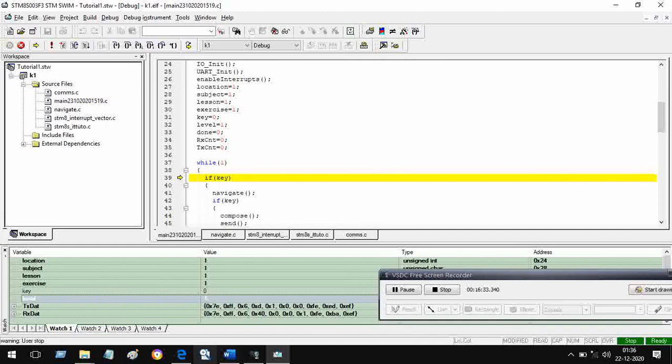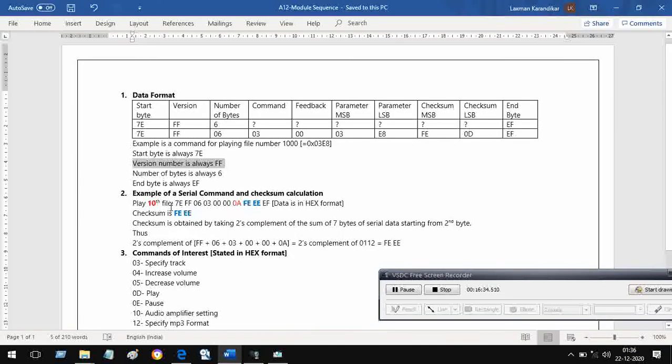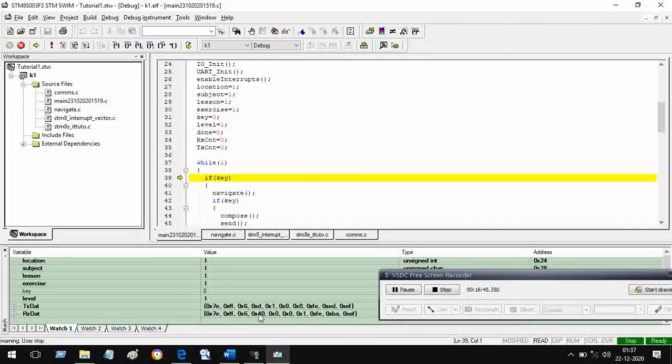Let us check it. Let us go to the data. 0D is play and 0E is pause. And what we have got is 0D. So it is play, and we want a response from the device. Then this is the checksum.